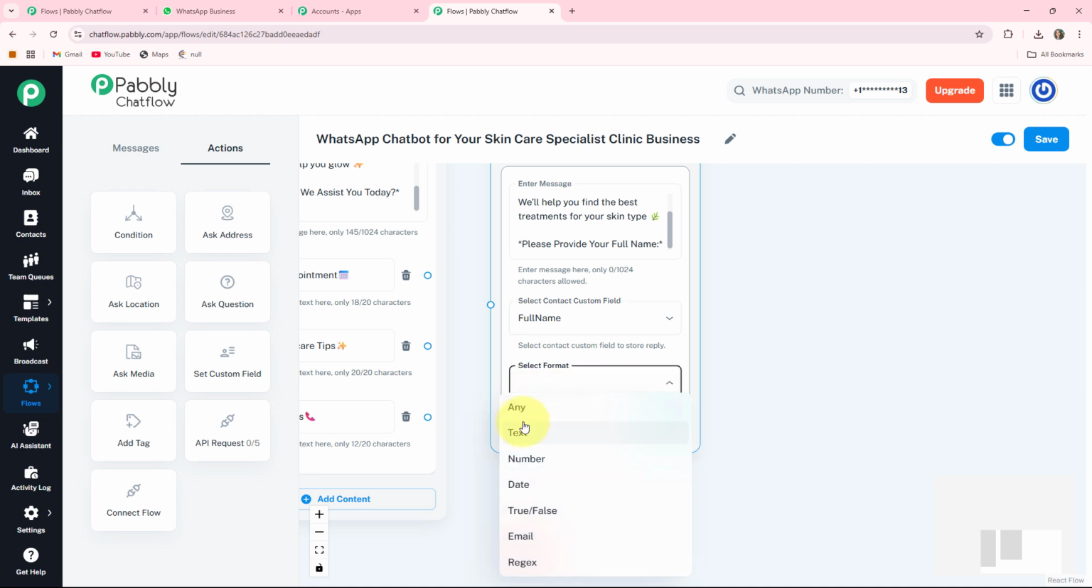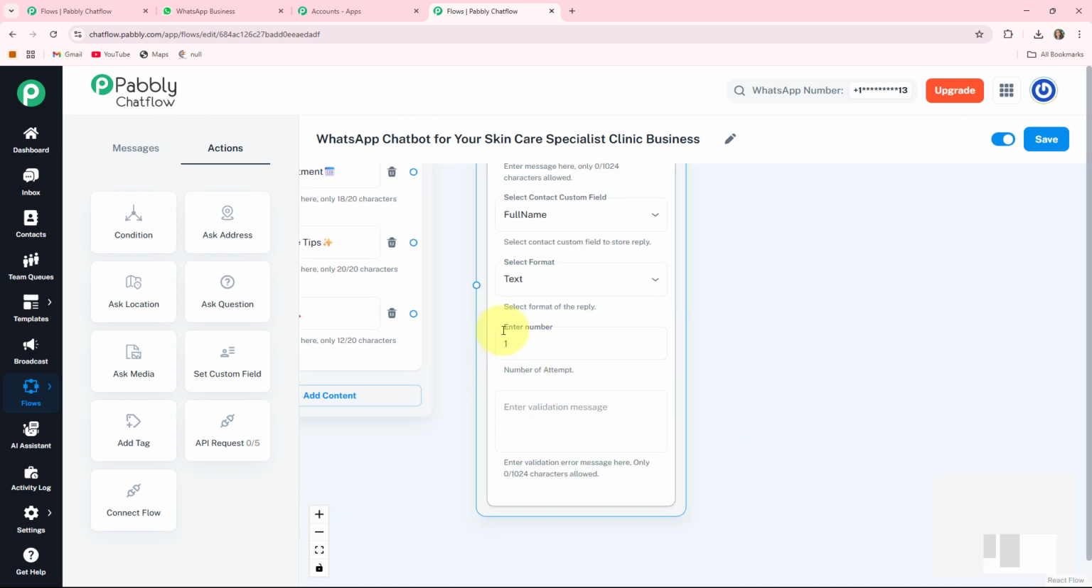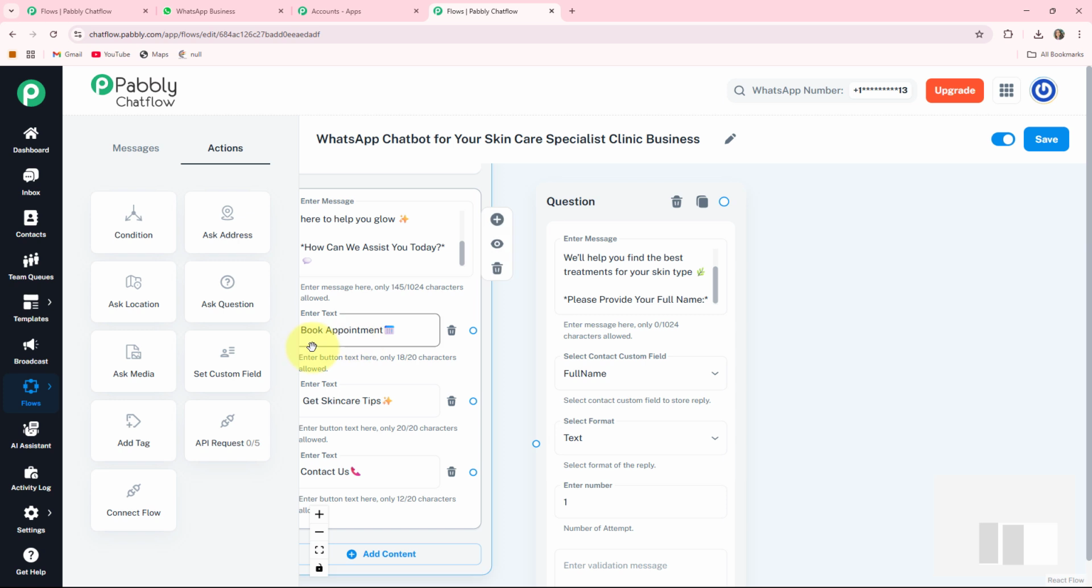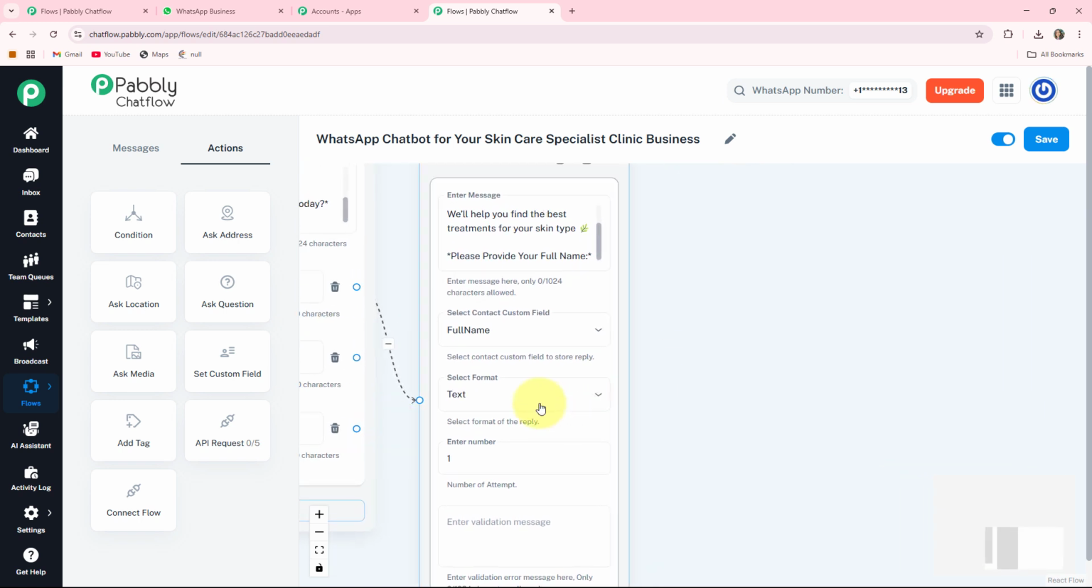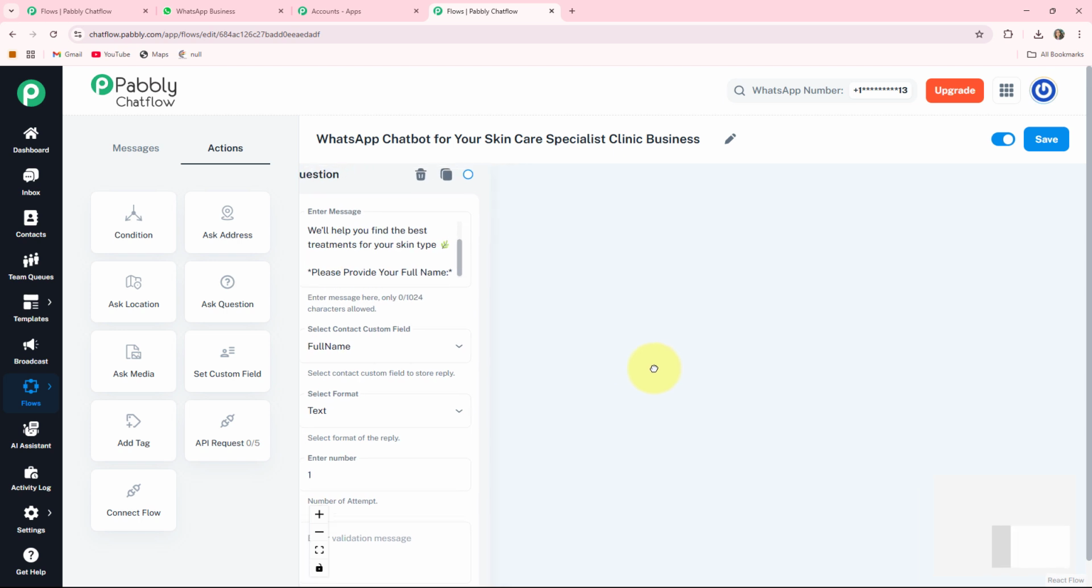Here I'll select the format as text. Number of attempts I'll give as 1. And if you want to write any validation message for your patient, then you can write in this box. After that, I'm connecting this circle which is present in front of book appointment to this message. Here it is connected. Now when my patients provide me their full name, then I will ask them about the preferred date